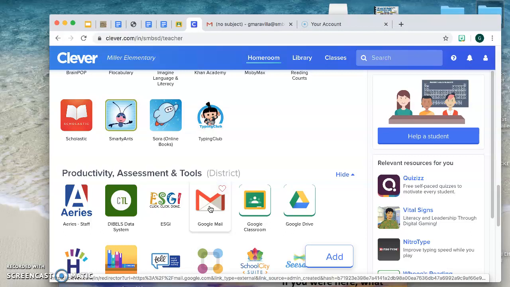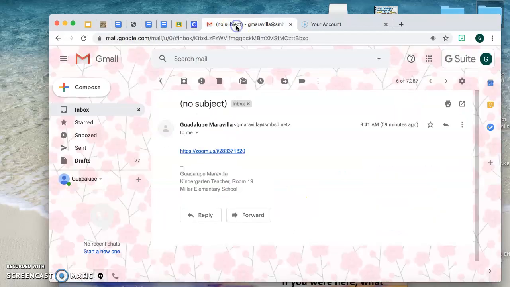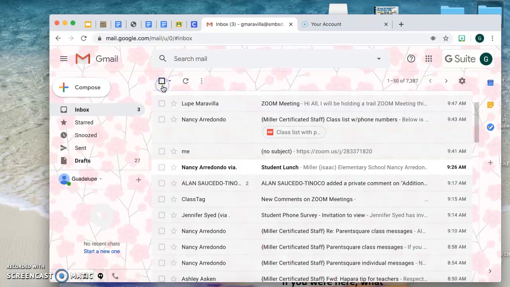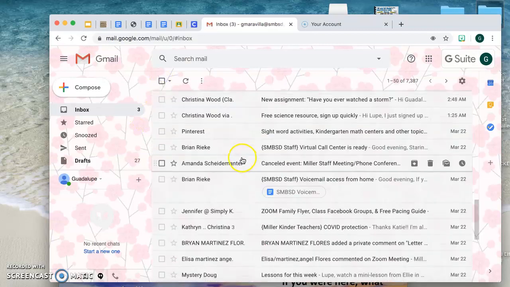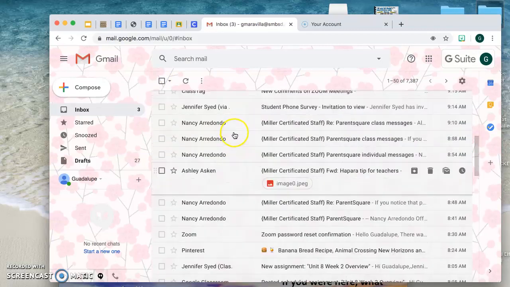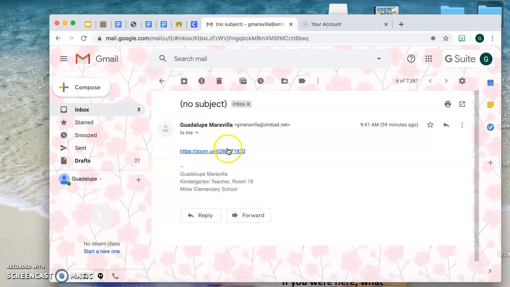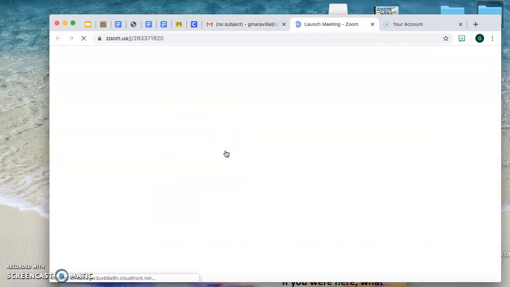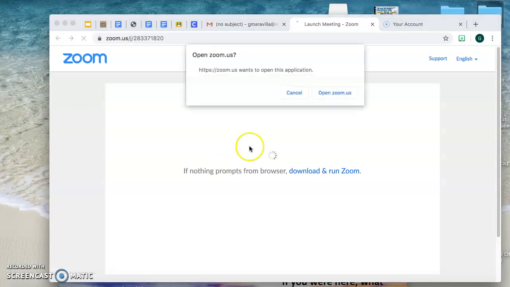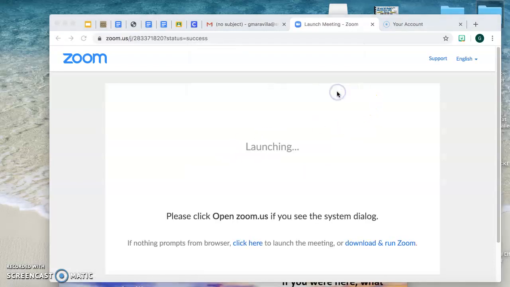So you will click on Google Mail. It will open their mail. It will look something like this, with a message from me. Well, this is their email, but I don't want to show it. It looks like that. So you would just look for mine, and then it will say Zoom. You will click on it. You will click Open Zoom,